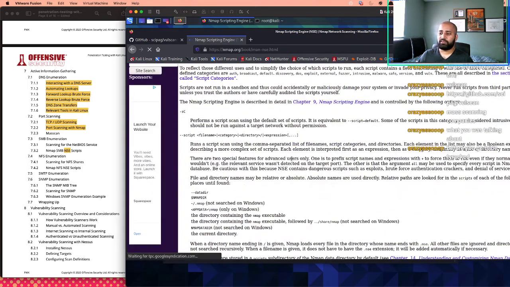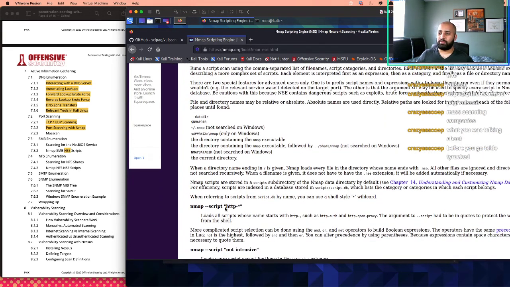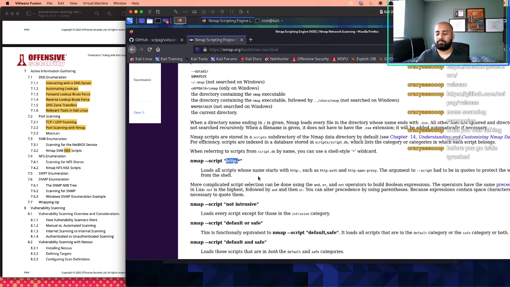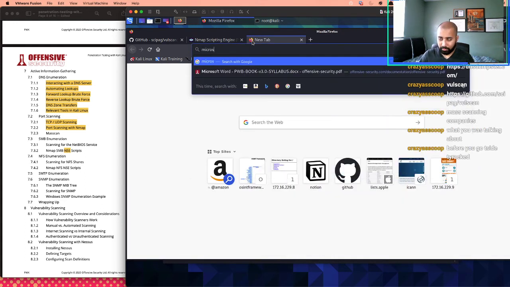These are scripts which actually will find certain vulnerabilities or connect you to certain things. Let's say, for example, I'm running an HTTP server and I'm connecting to an HTTP port. I'm going to say NSE scripts HTTP and then connect to port 80, only port 80 on this website. It's going to actually connect to that. And sometimes there are scripts for Microsoft,